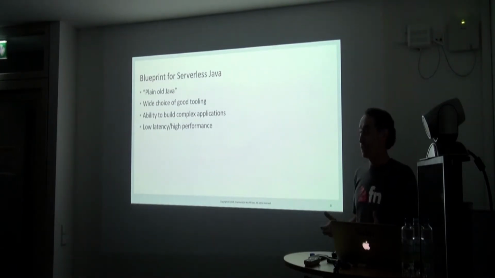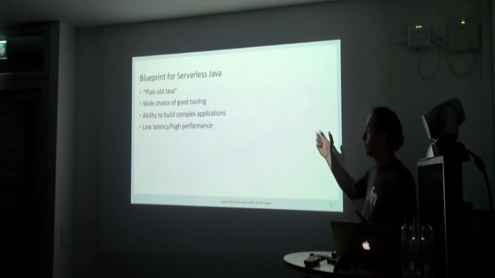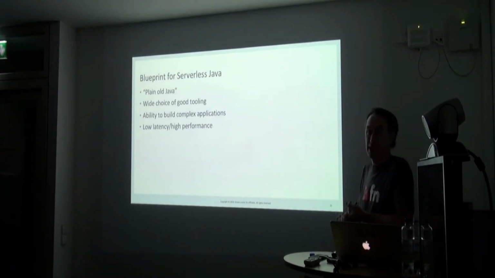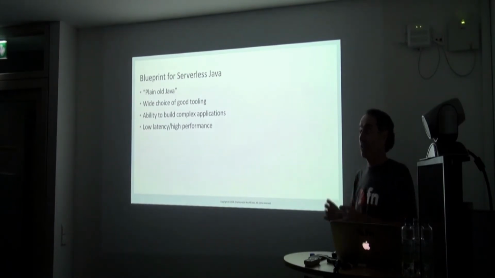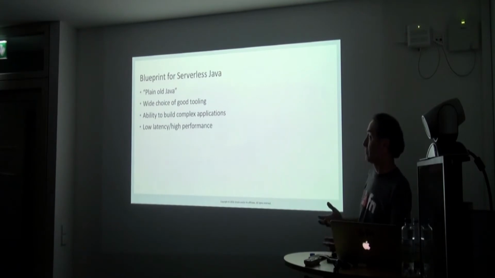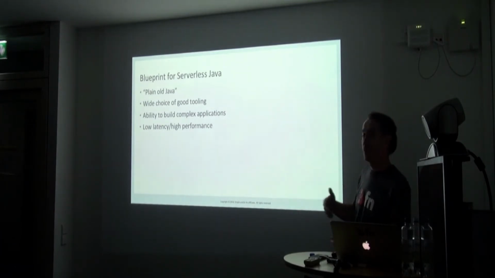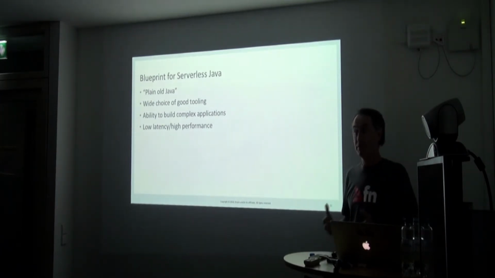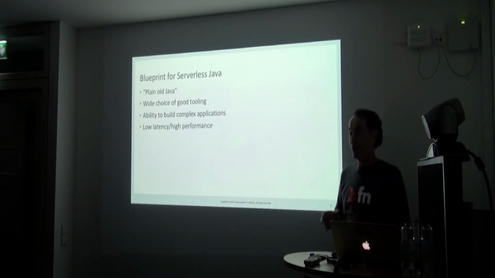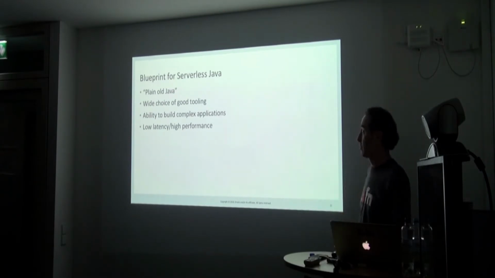So for Java to be useful for functions, I think there are a few criteria we have to solve. First off, I think it has to be plain Java. People like to program in Java. They want to program in plain old Java. They don't want a subset of Java or some sort of cloud version of Java. They want Java. So we want to make sure we have support for plain Java. And this thing about the question before was sort of, does it fit in with the development experience of other people building for the cloud? We want good tooling, right? So if you had to use some special tool to deploy your code to some certain FaaS platform, that would suck. So we want good tooling, a wide range of tooling.